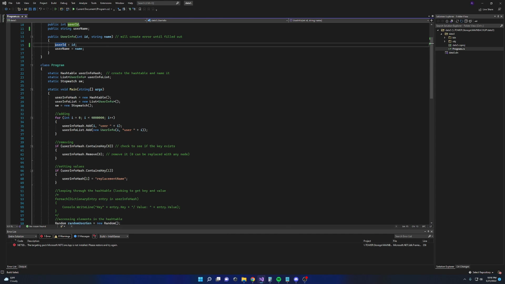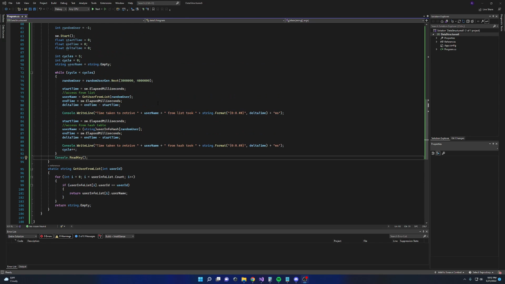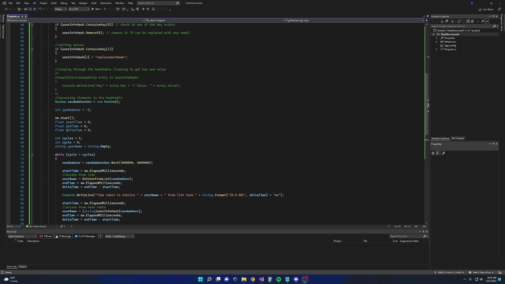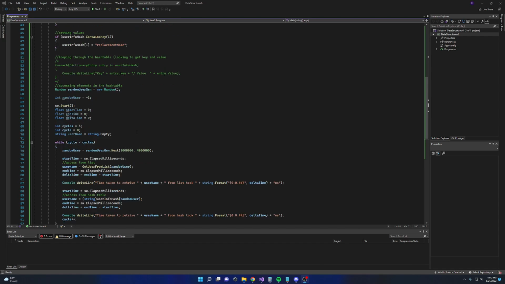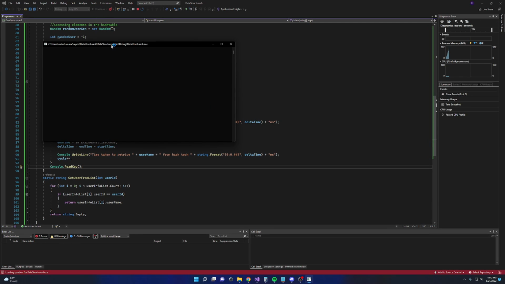Hold on a second. Okay, sorry about that. Please excuse that error. The original version of this was written on my Mac, and Mac uses framework dependencies. So all I did in the meantime was copy this code from the top to the bottom over to a new Windows-based project. I needed to add this console.read key, otherwise it instantaneously exits out without showing this output. So if I run it,